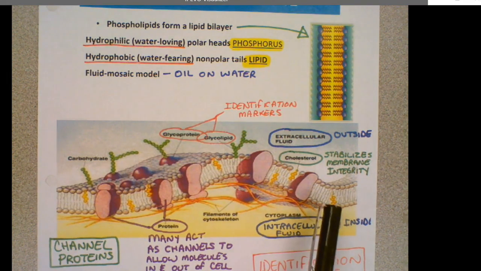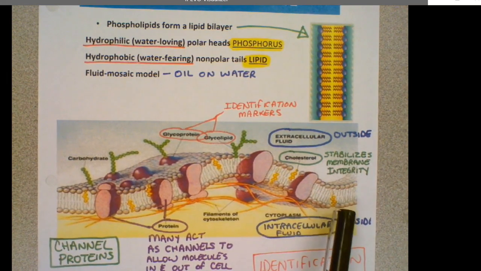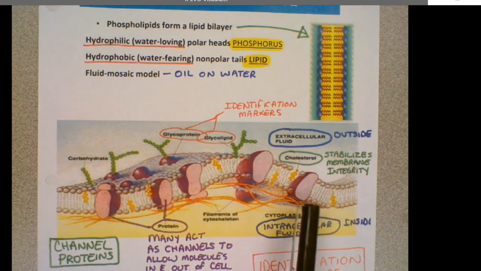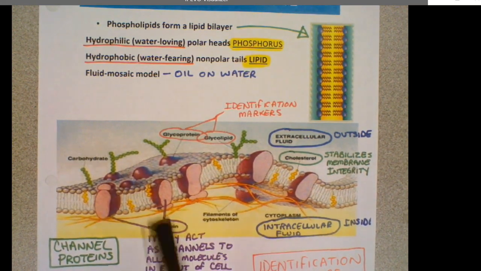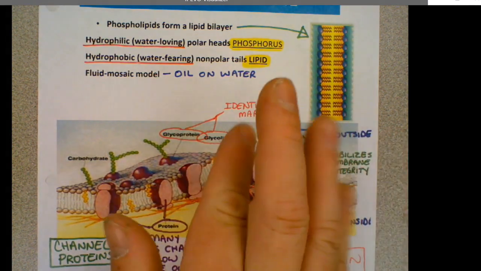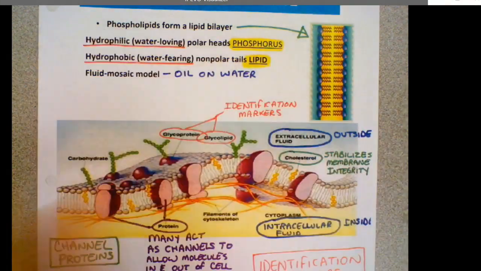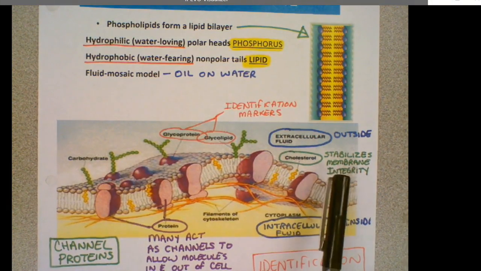The cholesterol helps stabilize that, so these phospholipids can't move as much. That fluid mosaic model is a little bit like oil sitting on top of water. So the oil can flow and move and go over each other, under each other, and the cholesterol